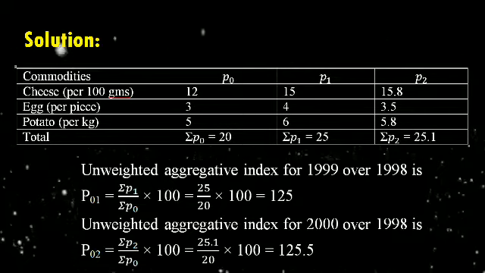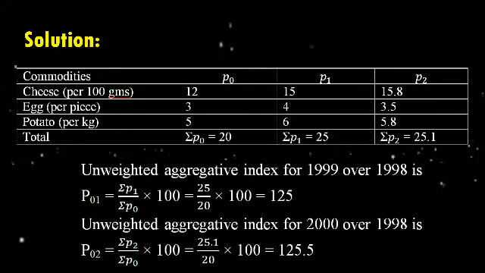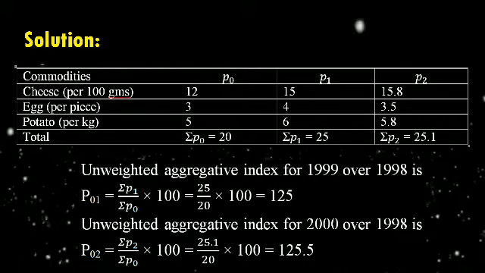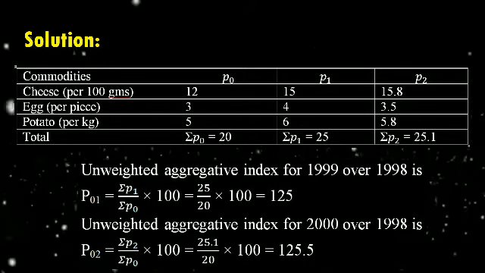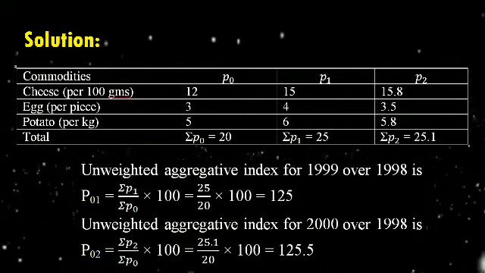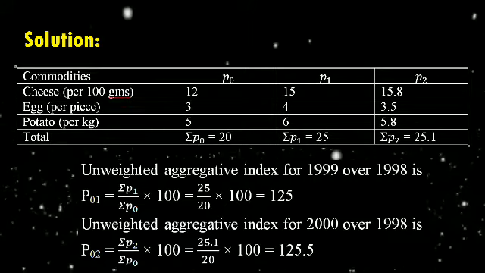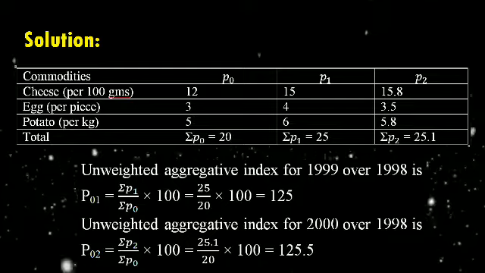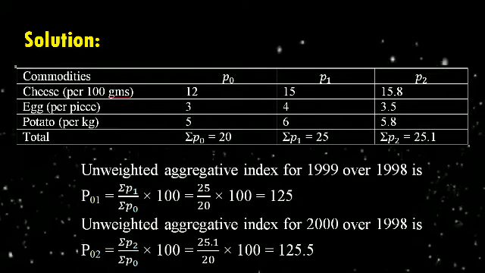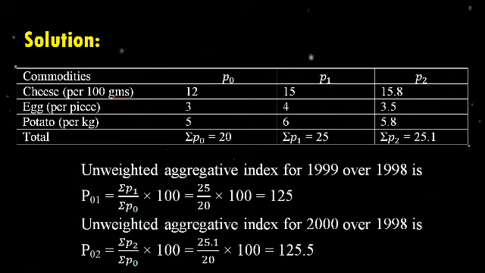For example, if the obtained answer is 122, since the formula is multiplied by 100, and you remove 100 from that, which is the index for the base year, 22% is remaining, which means the price index numbers increased by 22%, right? Suppose the obtained answer is 98. If you remove the base year index of 100, 98 minus 100 gives you minus 2, which means the price values are decreased by 2%.